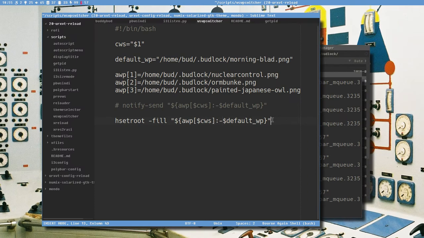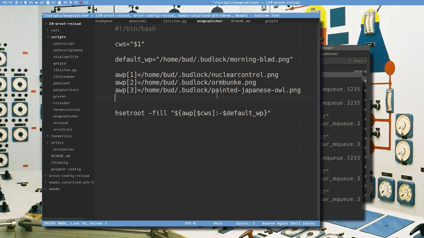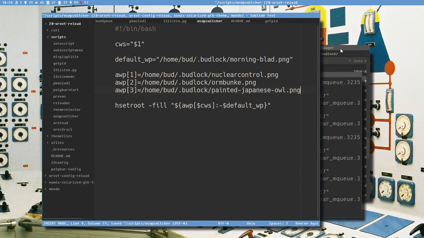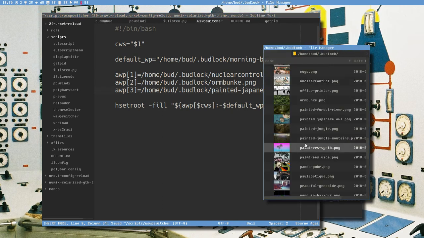So if you wanted to, you could just go with this, you know, and then change. When you want to change wallpaper, you have to change them in this array here, and then that will always be set when you are at that workspace. But I was thinking a bit while I was thinking about how to make this video, and I would actually like to add a function here to make this actually usable, because I think that most people would never use this, you know. Because what if you set your wallpaper, for example, let's just take one here,